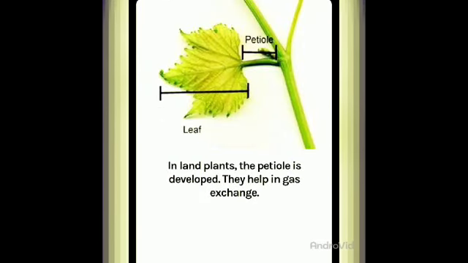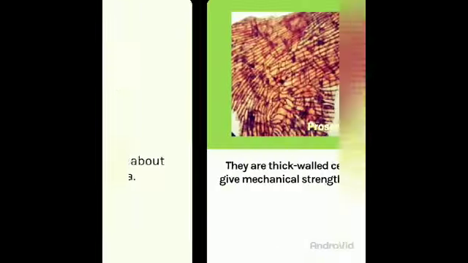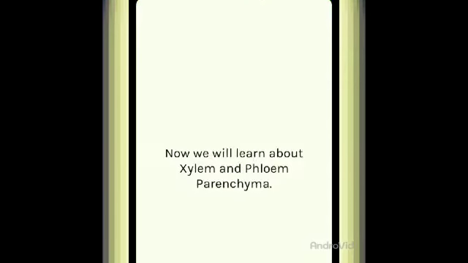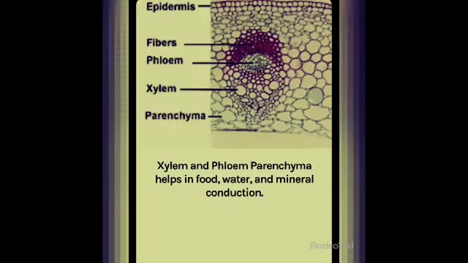Then you have seen the petiole region develops between the plant leaf and the stem, which helps in gas exchange. Yes, you have seen also prosenchyma. So now we are talking about another type of parenchyma tissue, xylem and phloem. So here you can see